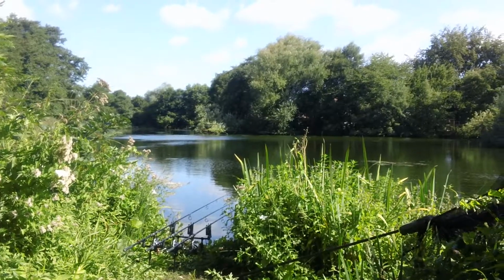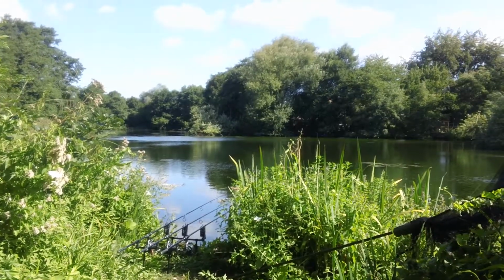My third rod I'm just moving every couple of hours around, to see if I can find little clear patches, stuff like that. It's just got a bit overcast now, so that might make them get their heads down a bit more. We'll have to see what happens. So hopefully I'll be able to come back with a catch report in the not too distant future. Tight lines. I've left him with a camera down there, so you'll get his point of view from the day as well,